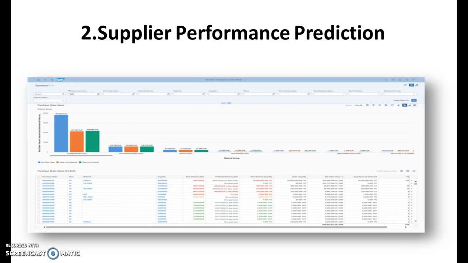your manufacturing. So what's possible with the SAP S4 HANA 1811 is, with the machine learning powered supplier performance predictions, you can ascertain a reliable delivery lead time estimate while creating the purchase requisition or purchase order. So you can basically estimate what would be the time that would be taken for the supplier to supply